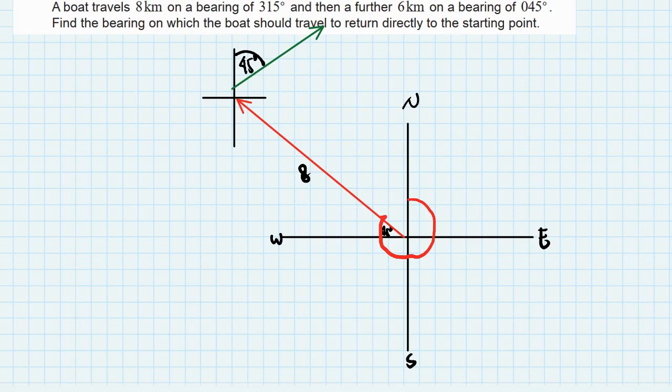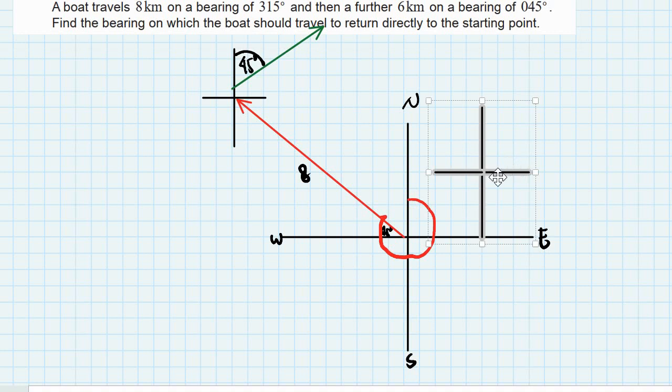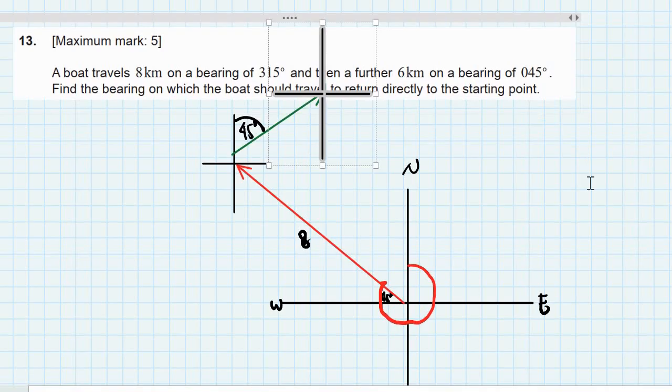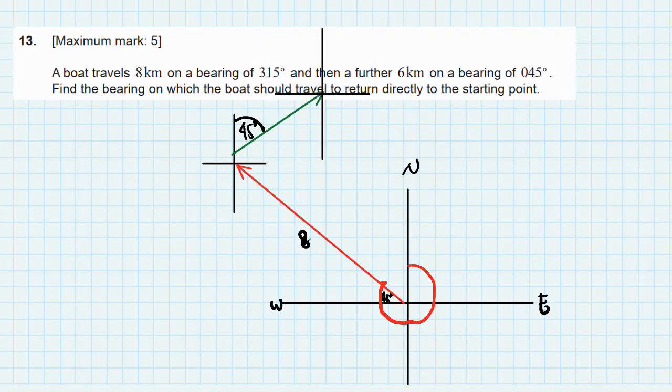In order to return, what is the bearing of the boat? This is the final position, and we want to return back to the start. What is the bearing from here back to here? The bearing to return will be this angle. Now, before we work on this,